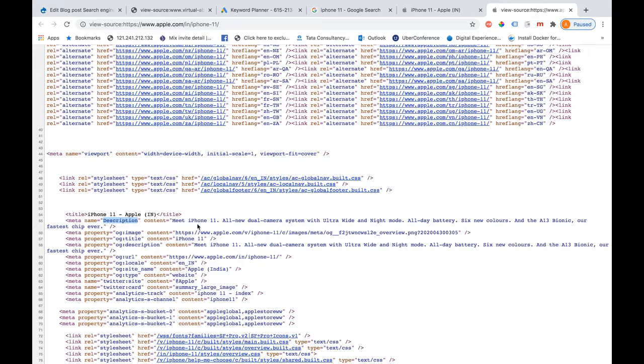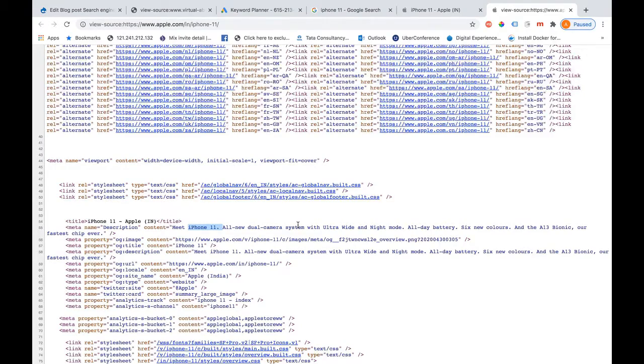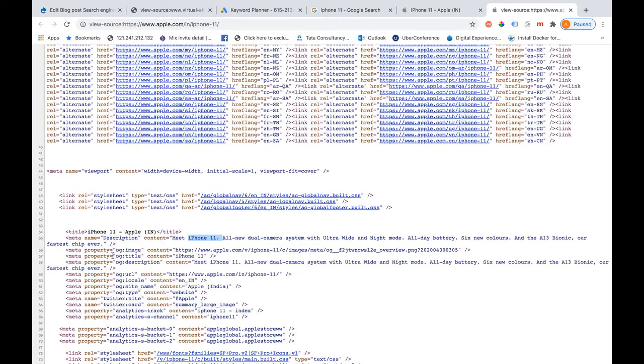In the meta description, they also use iPhone 11, this terminology, okay. And also if you see in the open graph attribute, they have used very specific iPhone 11, right.